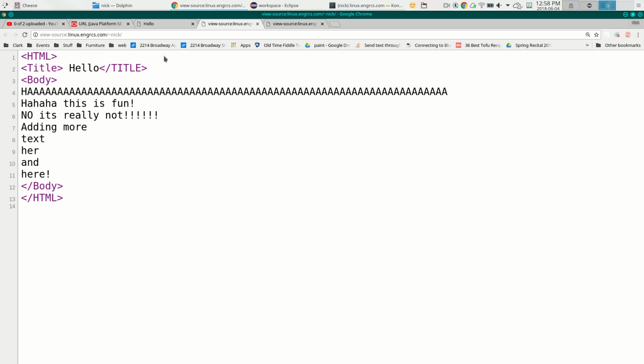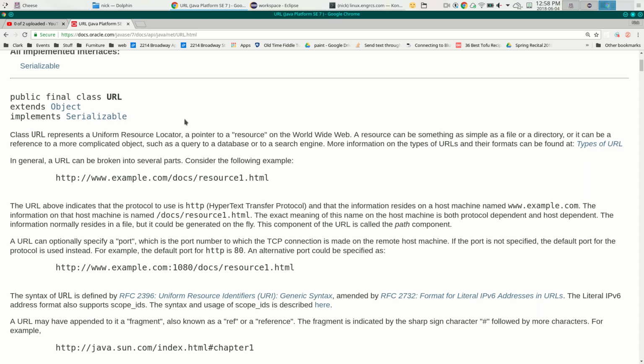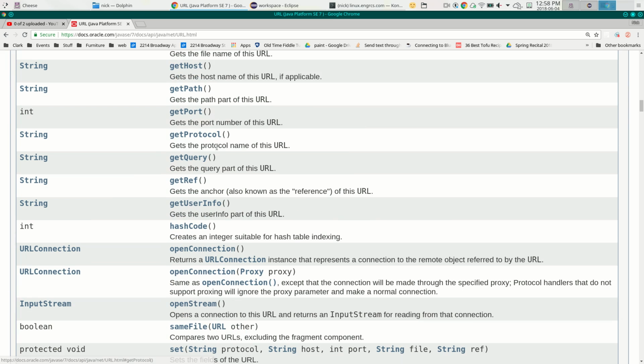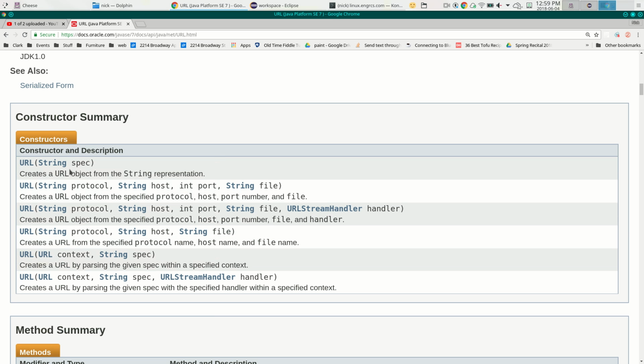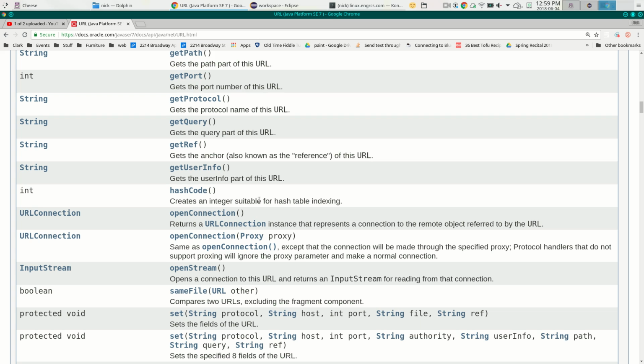It does formatting and changing font and size and all the good stuff that we're used to with web pages. So the URL class is a class in Java that understands how to request things from a server using this Universal Resource Locator model. When we construct a URL, we can specify a string, which is the representation of the page or the resource we're after, so http:// etc. And once we have a URL object, we can say something like